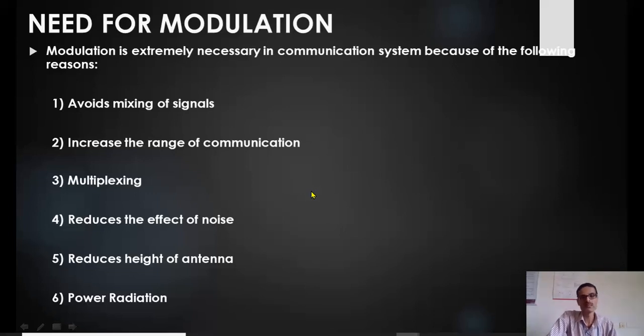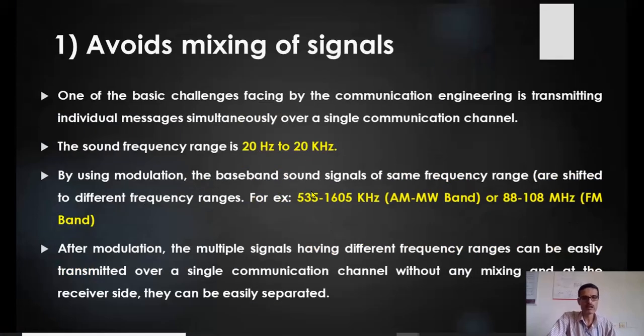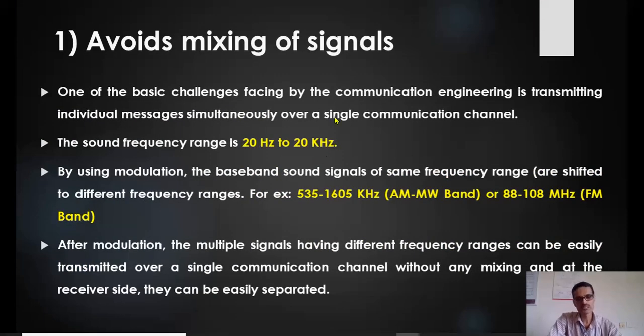How exactly does it avoid the mixing of signals? Now, as I told, the audio range is 20 Hz to 20 kHz, usually in radio broadcasting. It's audible signals, which means it covers the voice. Usually what we hear on the radio is not only the voice signal, which comes in the range of 300 Hz to 3000 Hz. We hear some music instrument sounds, maybe low frequency signals, high frequency signals. Overall, covering the speech, the music, and all those things, the audio range is usually around 20 Hz to 20 kHz.